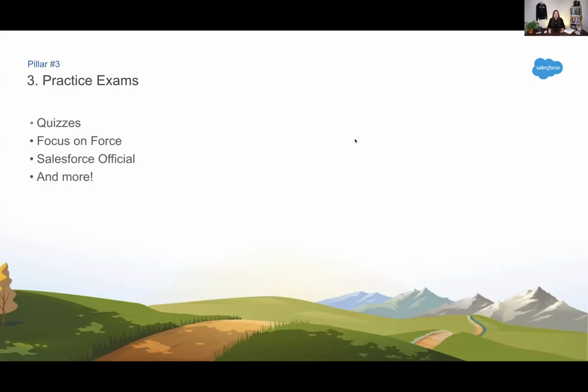So practice exams are a really great way of helping you understand if you're ready for the real thing, but also just to familiarize yourself with the question format, with the wording and the type of language that they use, and how the material that you've studied translates into a hypothetical scenario. So once you've had your fill of practice exams, combined with several weeks or months of Trailhead study, plus some real world experience, you should be pretty prepared for that final exam.